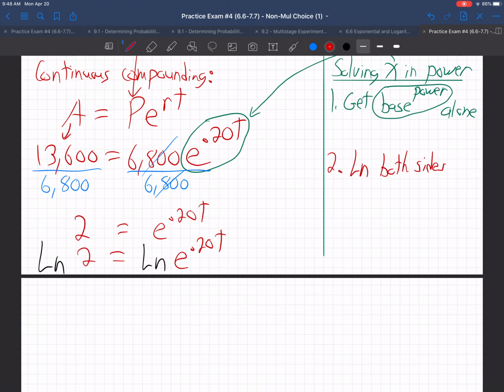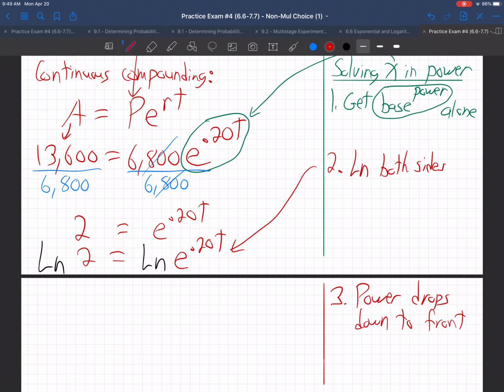And then what will happen? Step 3, let me come on down here and go to step 3. Whoops, little mistake there. Step 3, power. So there was step 2. Power drops down to the front. So this whole power will drop down to the front. So this becomes ln2. That power drops down